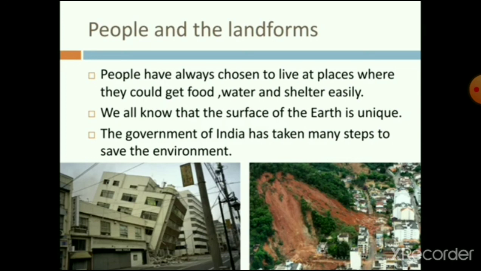We all know that the surface of the earth is unique, but its capability to sustain agriculture and industry is limited. We should not do anything which harms the earth. Pollution of air and water, use of polythene, wastage of water,